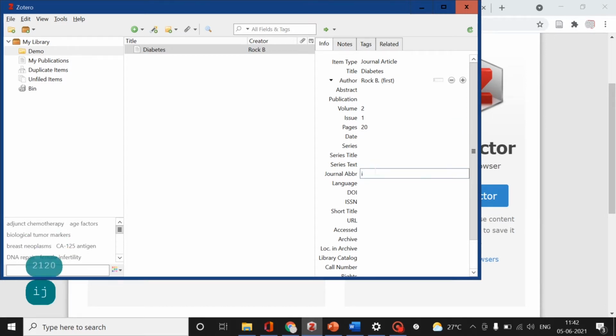So I, J, P, H, something like that. So these data will automatically appear here. This is the manual entry. You can enter the data manually. It takes time, but it is going to be the most accurate method. Then the next 3 methods are going to be easy, but you need to cross check. That is the most important thing.